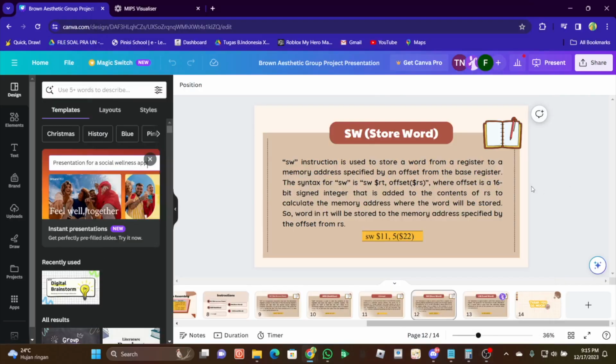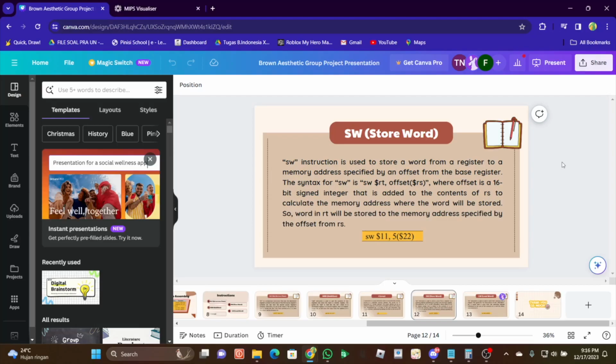Hello, my name is Farhan, and right now I would like to continue the explanation about store word. As you can see in this slide, store word is an instruction that is used to store a word from a register to a memory address that's specified by an offset from the base register.